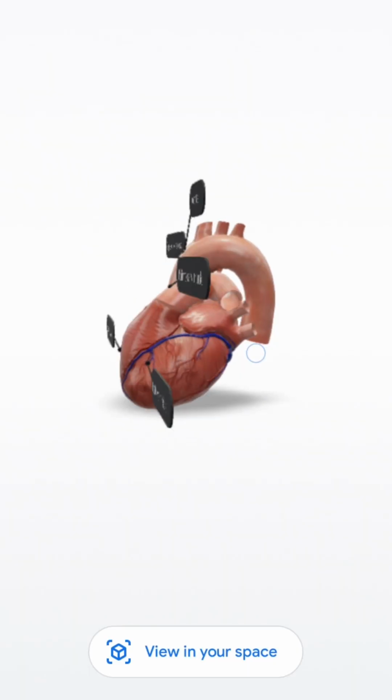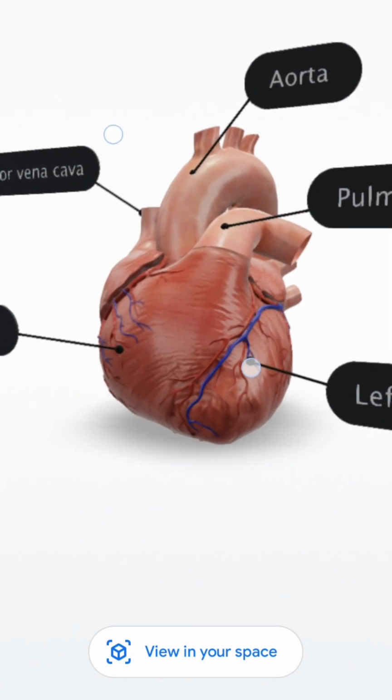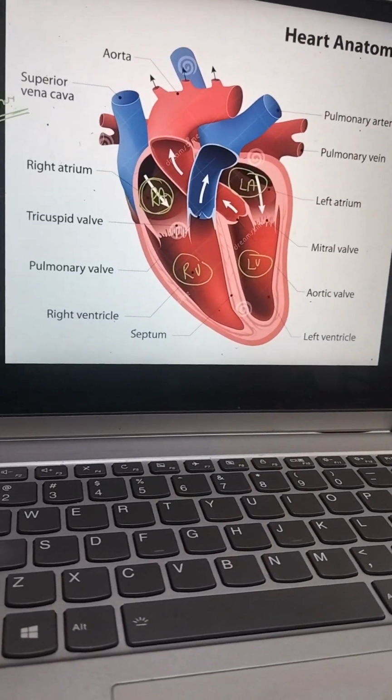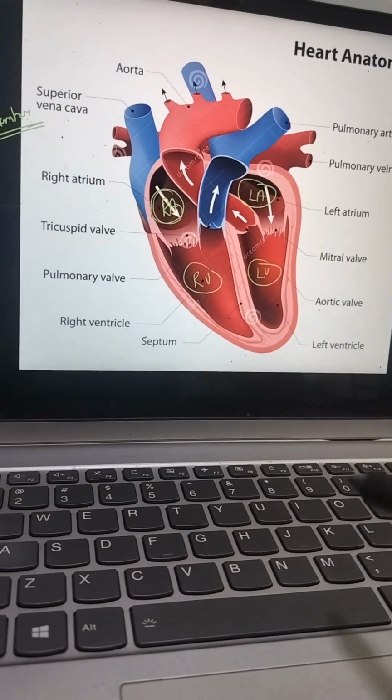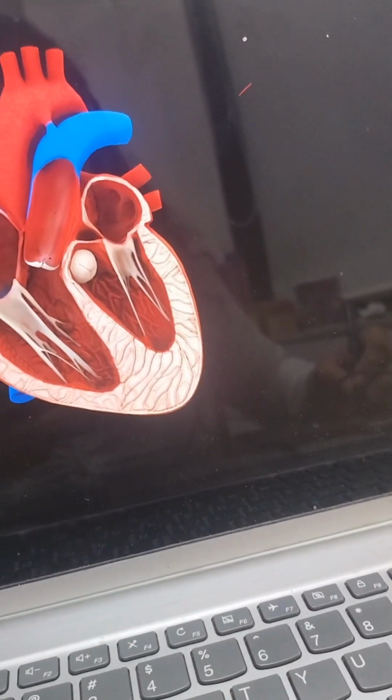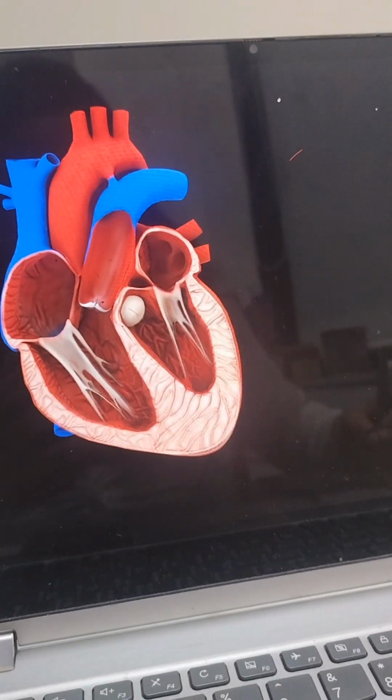Let's assume that this is my heart. Coming on to the basic things, this is the right atrium, this is my right ventricle, this is... okay. So the next thing which I'm starting is with